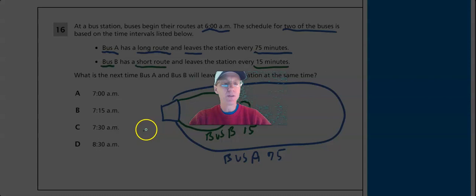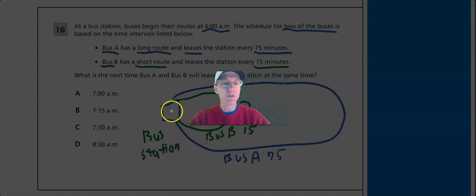Here's the bus station. We're pretending this is the bus station. I don't know if you've ever been to a bus station before, but basically this is where all the buses come back, and you can go and pick them up here. It's going to pick you up, and this one takes you out to the mall, drops you off, and comes back, picks up the next load of people. So it's a real quick route because a lot of people want to go to the mall.